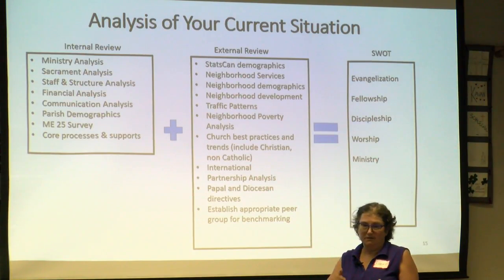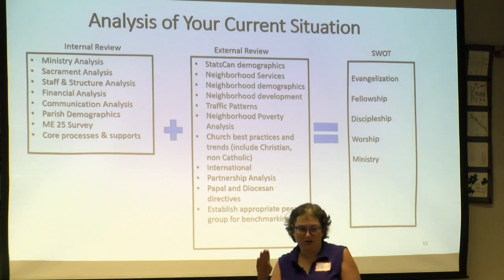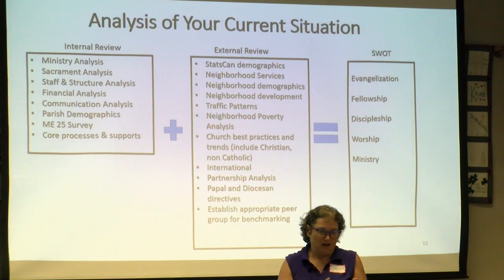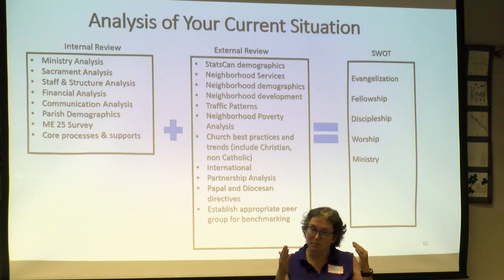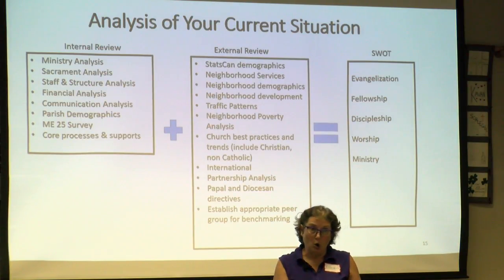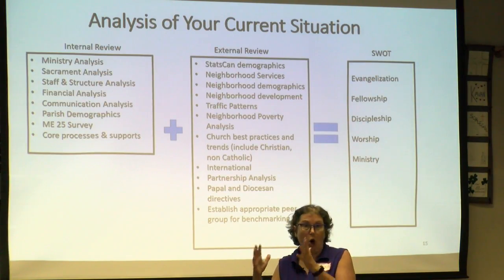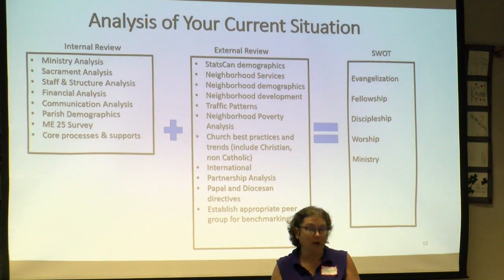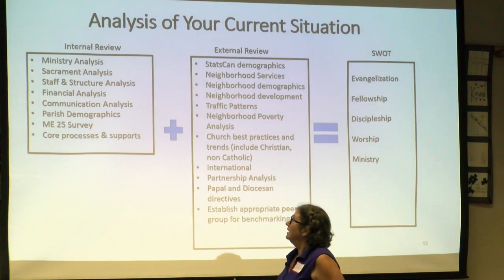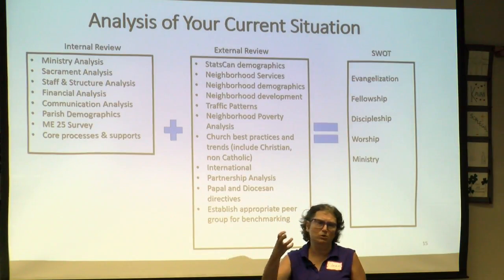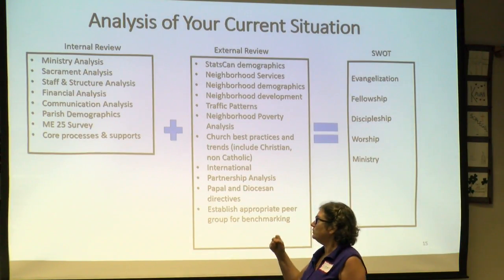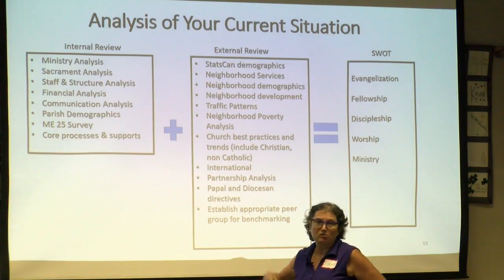And I got a list up here, but you know, gender, age, income, diversity, language. Like a lot of parishes, how many parishioners are Hispanic and only speak Spanish? How many are English and only speak English? How many are bilingual? It kind of makes a difference in where you're going forward. You need to know that. The ME25 or any other kind of analysis, rich with data. And do you even know what your processes are?